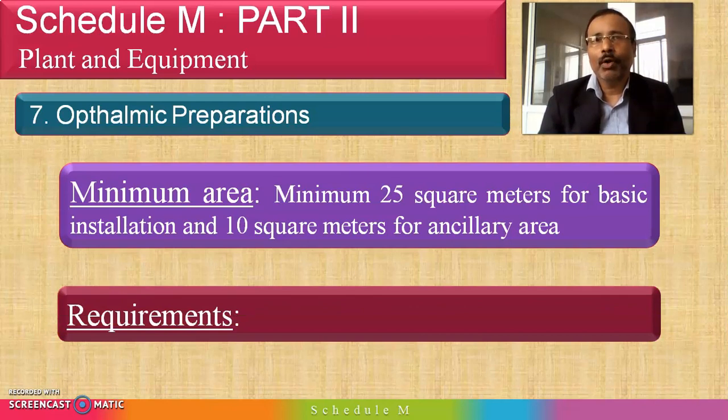Now check out the requirement for ophthalmic preparation. It includes the hot air oven, jacketed kettles of different types, colloid mill, ointment mill, then SS mixing and storage tanks, then washing, drying, cleaning machines, then the filling machines, then automatic vial washing machine, then the autoclave, liquid filling machine, then laminar flow unit, then air conditioning and dehumidification arrangement, rubber bung and washing machine, etc. These are the minimum requirement of equipment which is used for ophthalmic preparation.